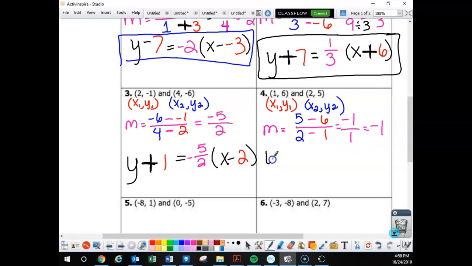So if I plug this into my point slope formula, y1 is 6, and m is negative 1, and x1 is positive 1. So I'm getting the x1 and the y1 from here. This is y1 and this is x1. All right, now